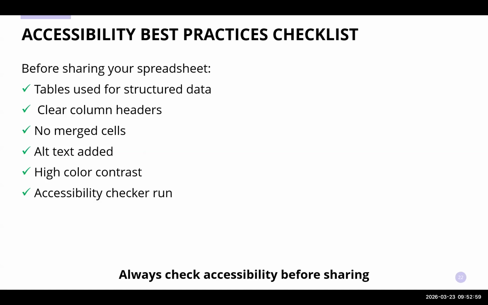Now that we reviewed the common mistake, let us quickly bring together all the accessibility checklist. Before you share your spreadsheet, it is a good idea to run through these items to have a quick check. First, use tables for structured data. Tables provide clear headers, help with navigation, and make it much easier for screen readers and keyboard users